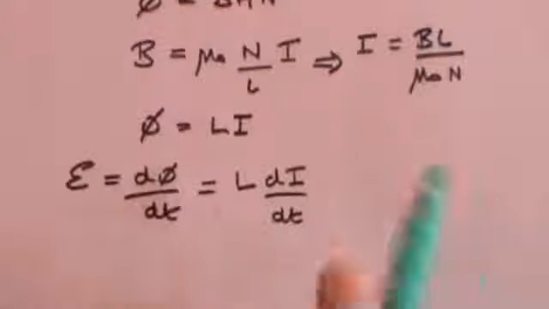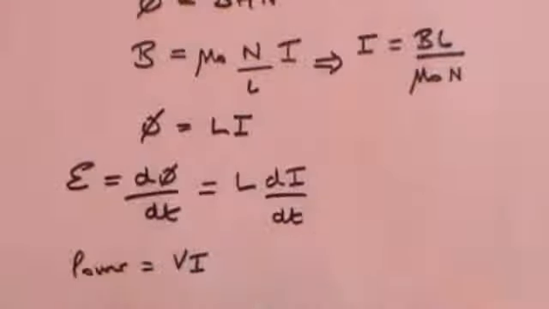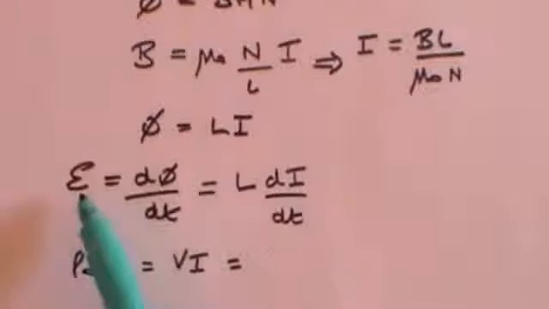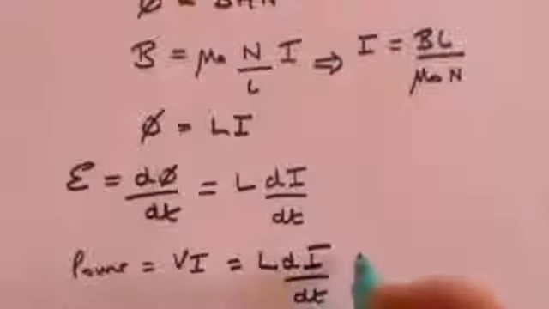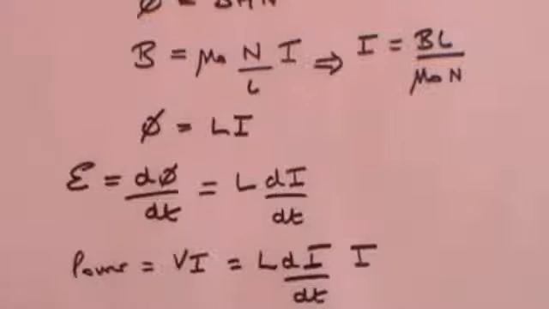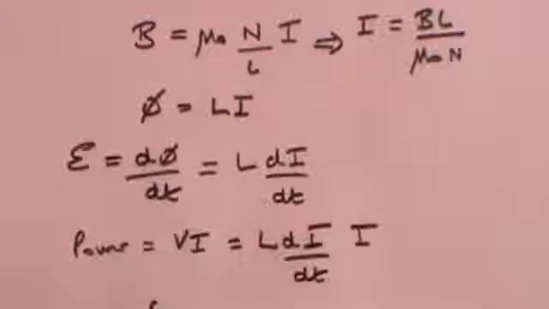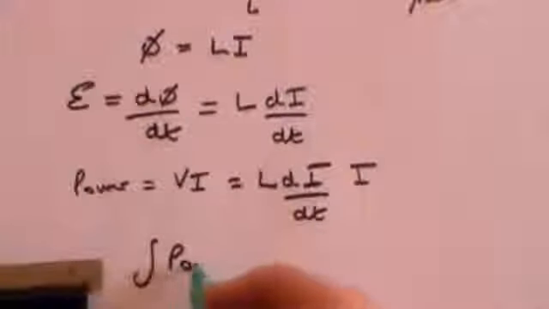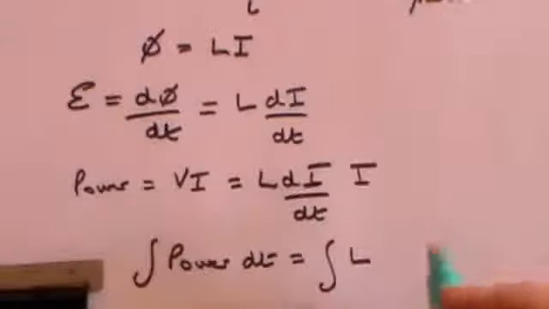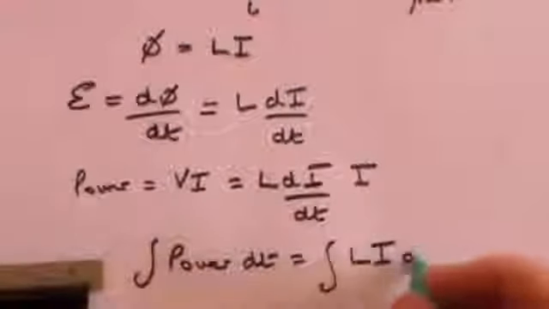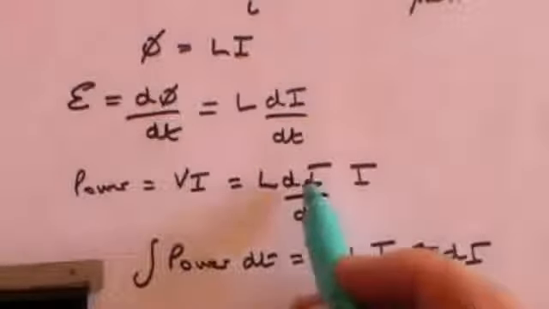And then we say that power is voltage times current. Well, the voltage of course is the EMF, same thing, L di by dt, times the current, I. And now we can simply create an integral by taking the dt up here. We get that the integral of power dt is equal to the integral of L I di, the di term is here,